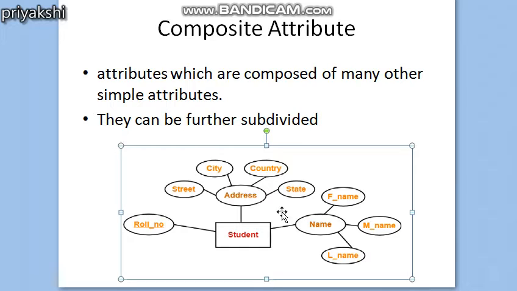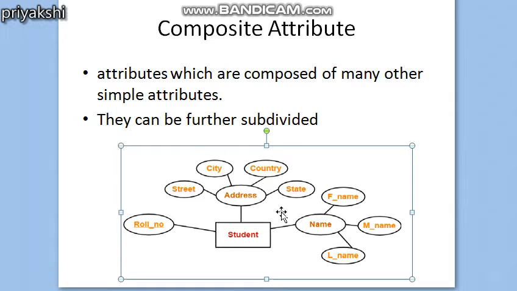One more thing you have to remember: composite attributes are useful to model situations in which a user sometimes refers to the composite attribute as a unit, but at other times refers specifically to its components. If the composite attribute is referenced only as a whole, then there is no need to subdivide it into component attributes.